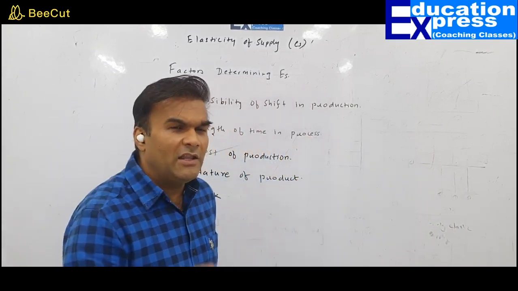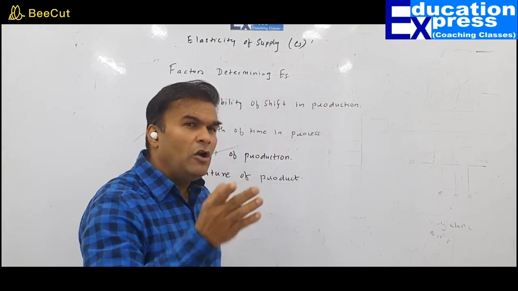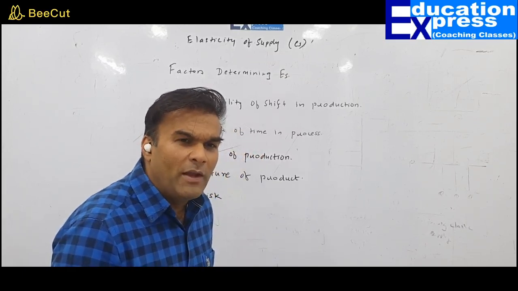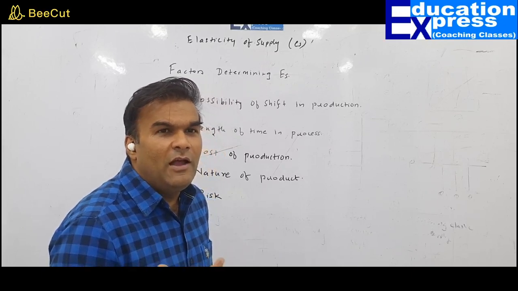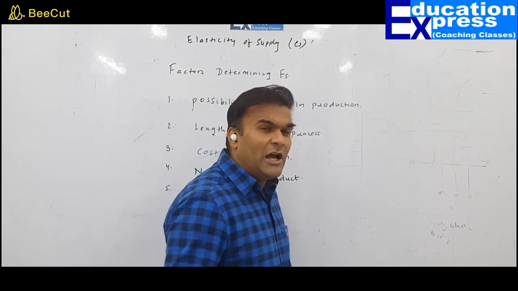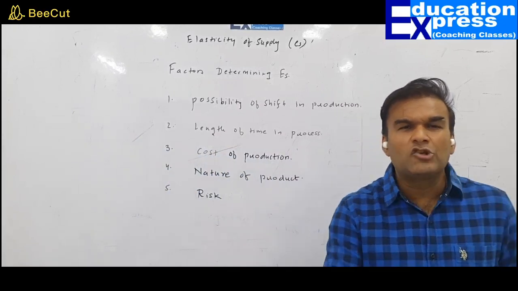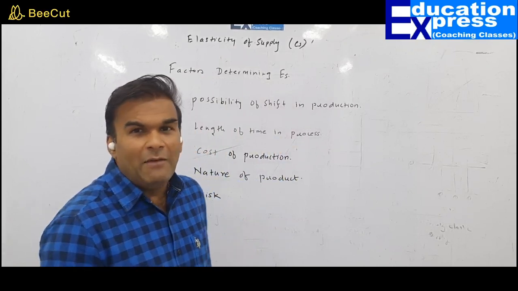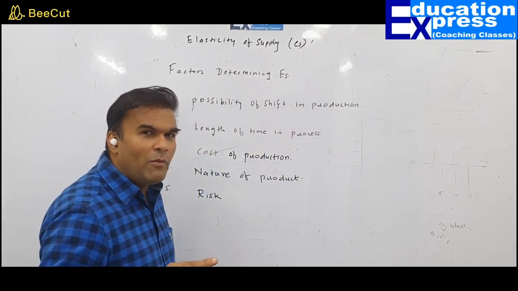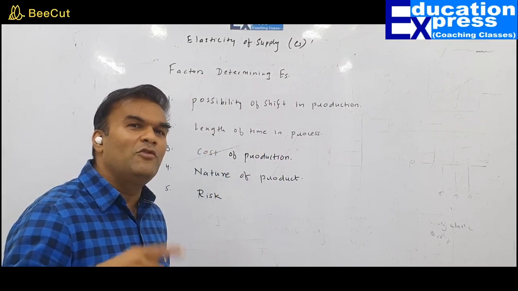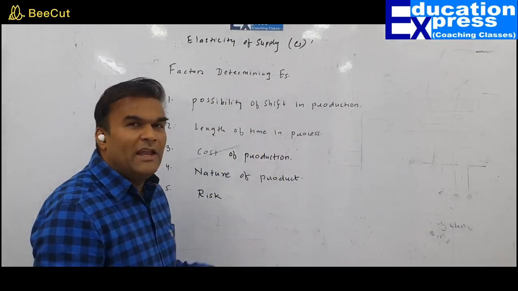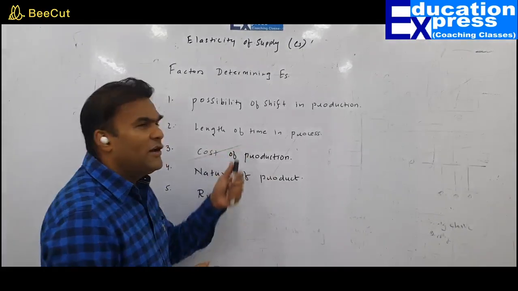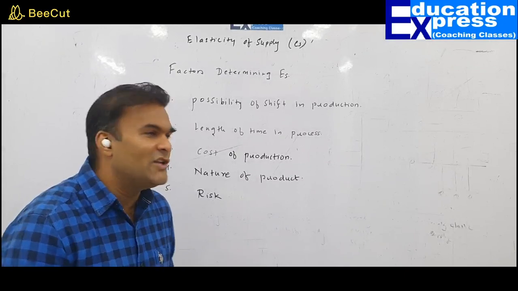There is a possibility that the price which has shot up may not remain as high as what I was expecting. It may collapse. It was a quasi phenomenon, a temporary phenomenon. And by the time my production comes in the market, the price has collapsed by then. So it's very essential and important to know the time it takes to convert my raw material into finished goods, to adjust myself to the change in the price. So elasticity will definitely fairly and squarely depend upon the time factor, the process in which I am engaged.